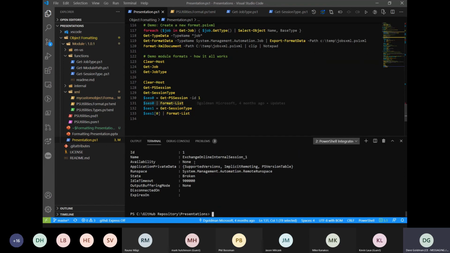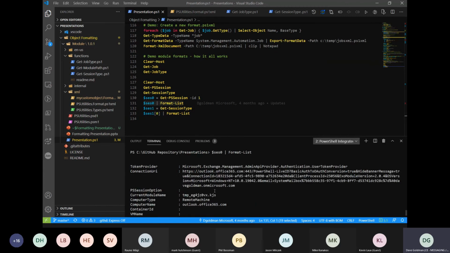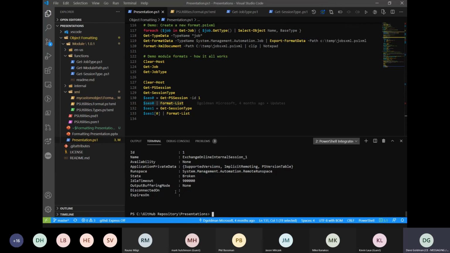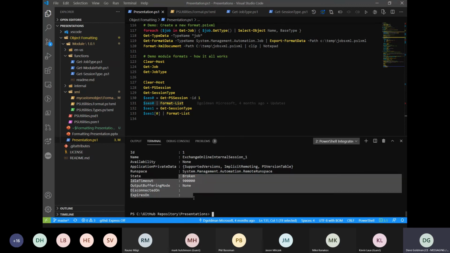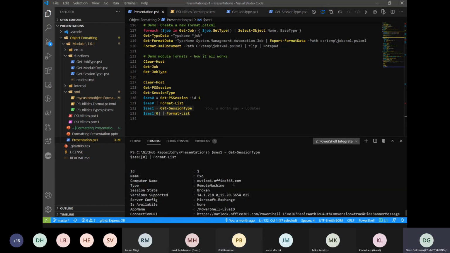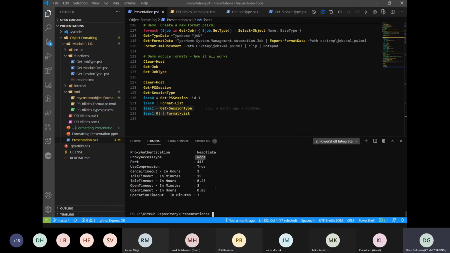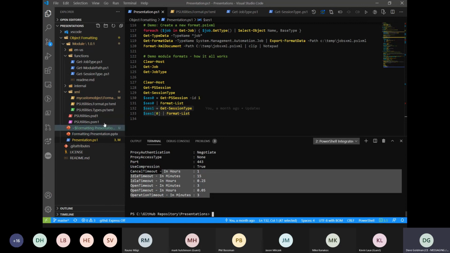And then if I decide to dump out lists, you'll notice that these look disgusting, right? You have the state idle times. I like to see a little bit more detailed information. So I've changed these views. Is it available? Are we using proxy? Do we have compression? And I wanted to see stuff in hours and minutes.